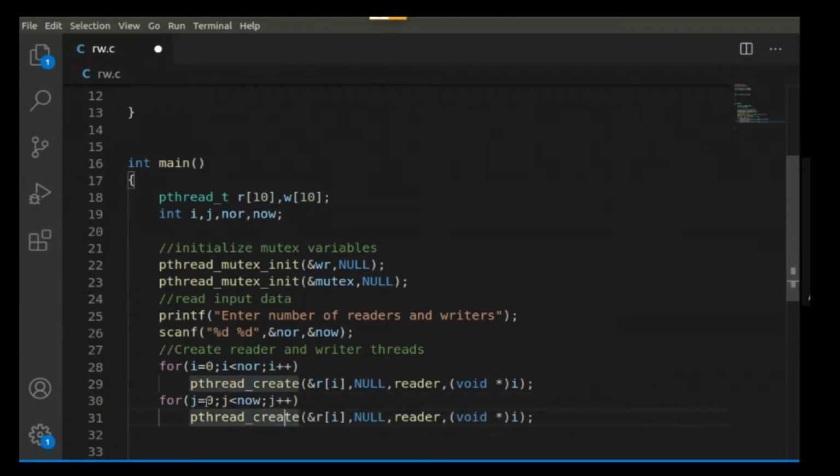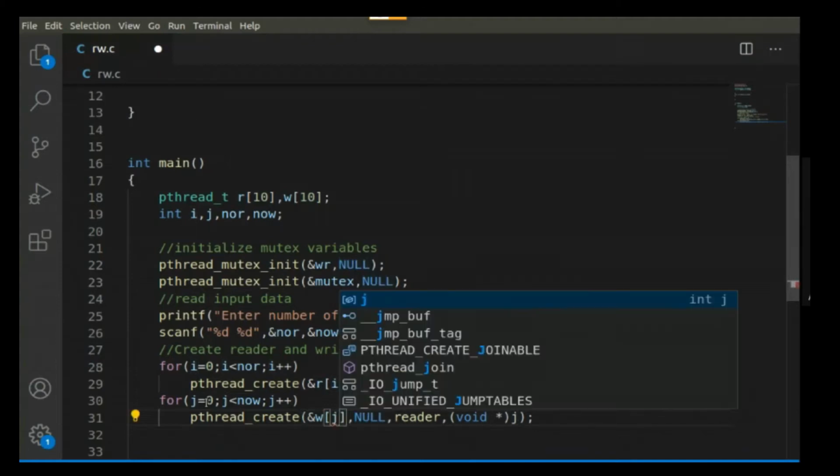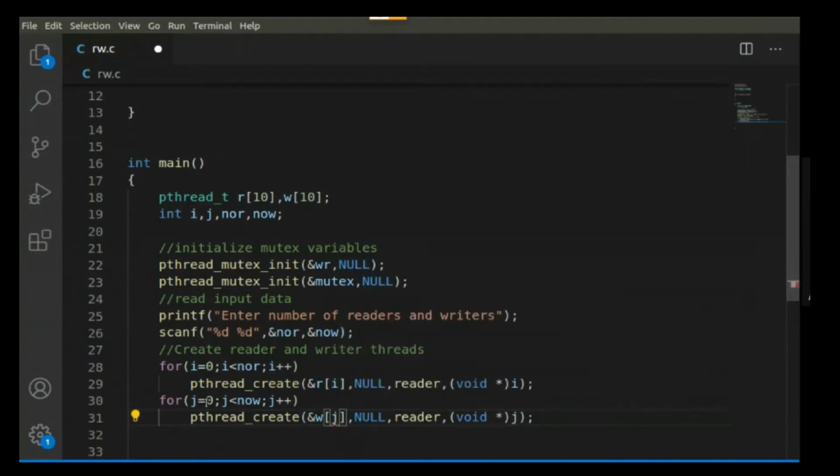Then instead of the R variable, the W variable, and other things are the same, only index i will change to j. Okay, so is it clear up to this? We have created the threads. Is there any problem with these i, j variables? No. Okay.